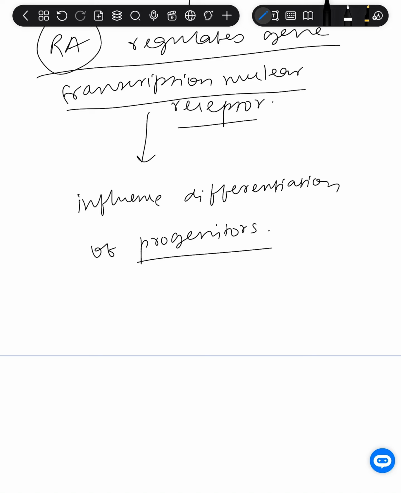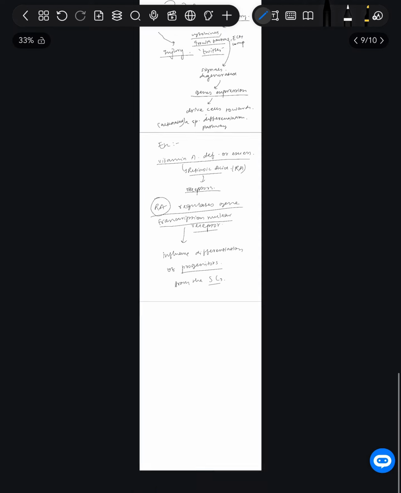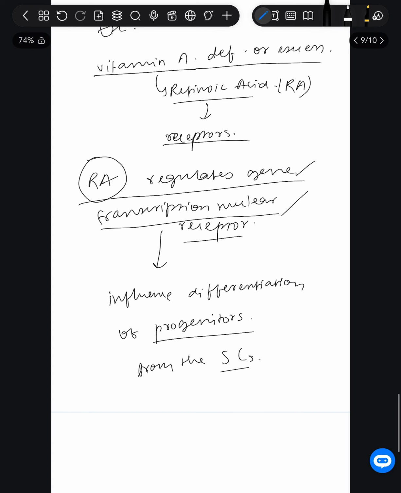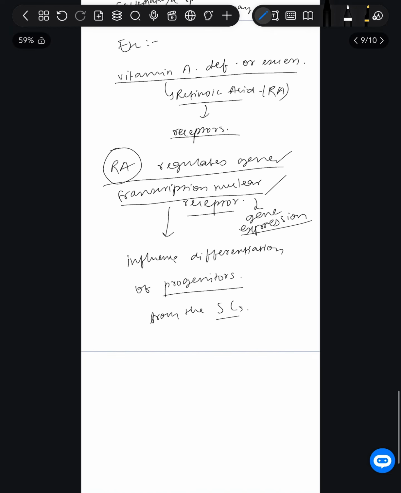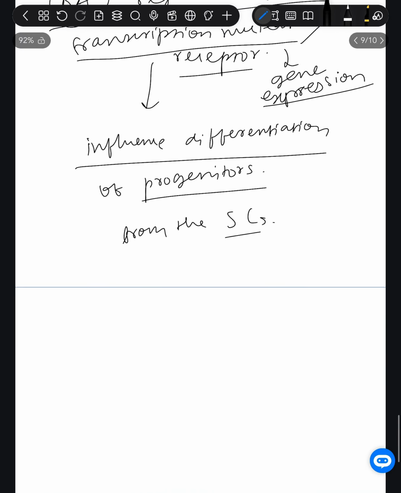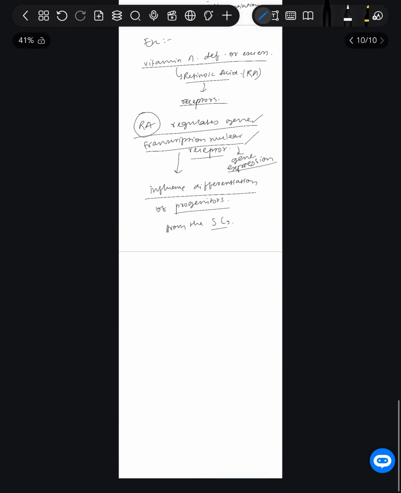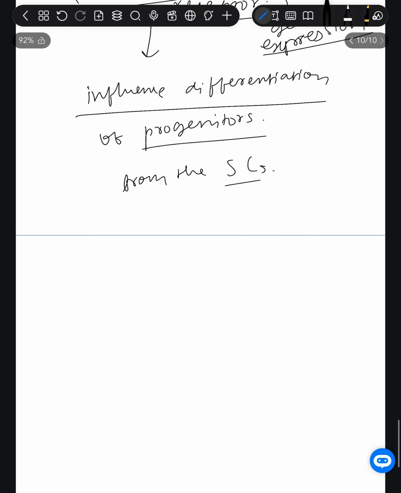We have progenitors, right, from our mother cells, which are the stem cells. Okay, this is what is happening with retinoic acid. So these regulate the gene transcription nuclear receptors. Of course, if they are regulating gene transcription nuclear receptors, they indirectly regulate the gene expression. Okay, they regulate the gene expressions and then influence differentiation of progenitors from stem cells, and this is how they control metaplasia. Here I am done with metaplasia, and let's move on to our second topic, which is differentiation